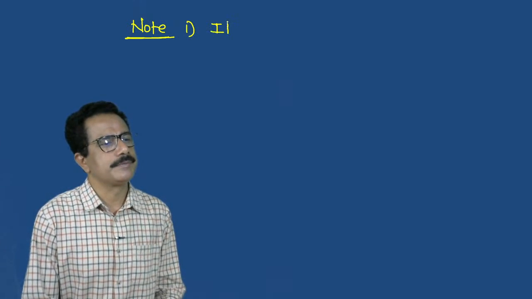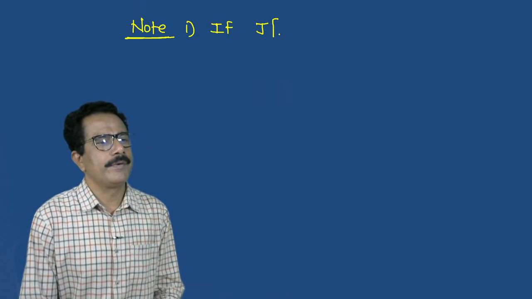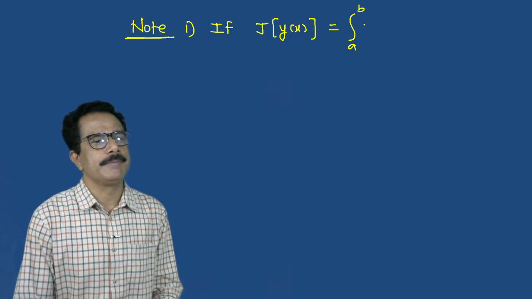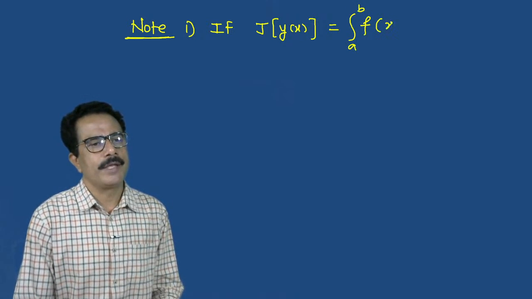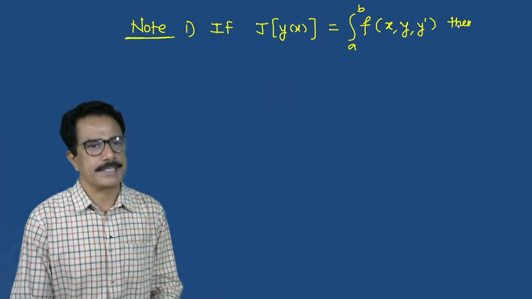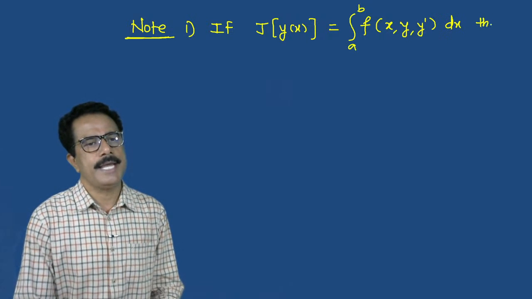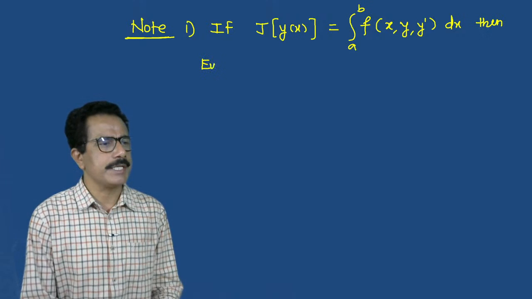Note, first, if j of y of x is equals to integral from a to b f of x comma y dash then dx. Then Euler equation is